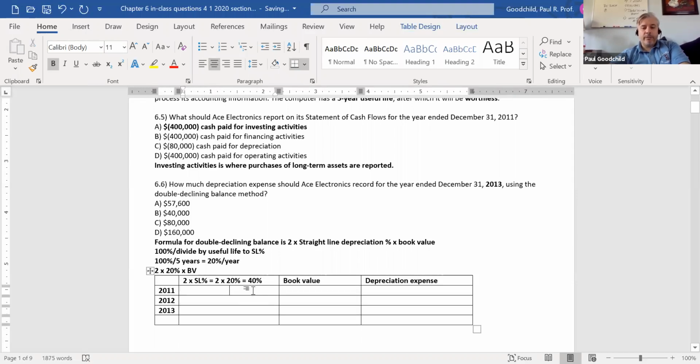And we have 40%, the book value 400,000, and so the depreciation expense